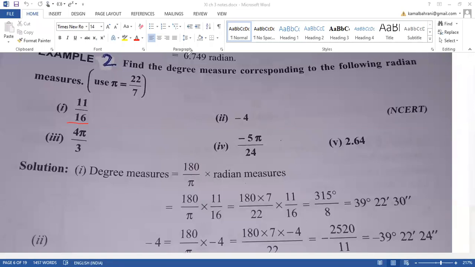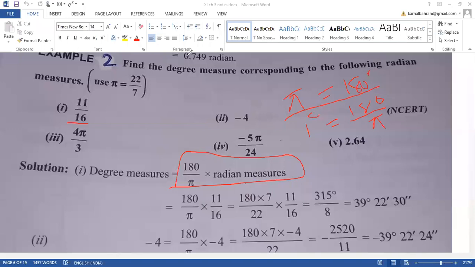Again the same thing. Pi radian is equal to 180 degree. So 1 radian will be equal to what? 180 by pi. Everywhere you have to use this 180 by pi degree. Clear? So degree measure is equal to 180 by pi into radian. Either you use this method or the unitary method; you know this relation, pi is equal to 180. So 1 pi radian is equal to 180 degree, so you can write 1 radian is equal to 180 by pi.